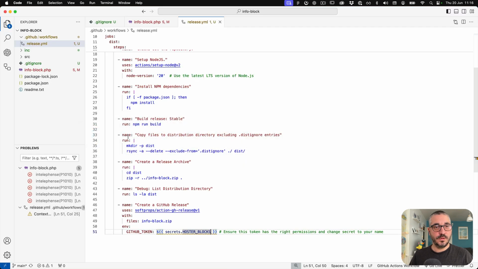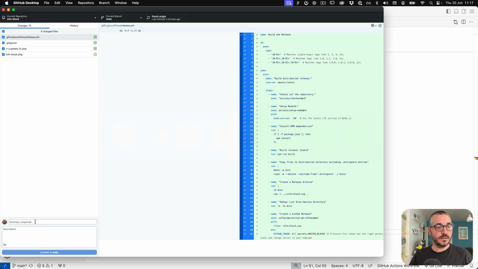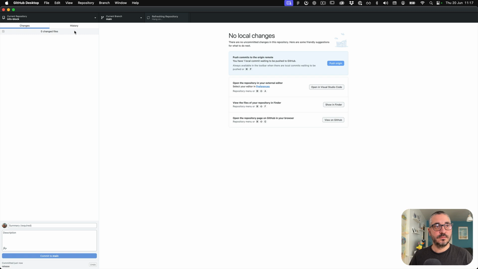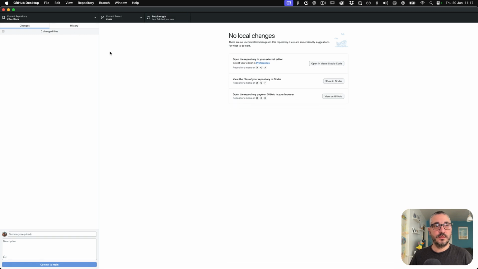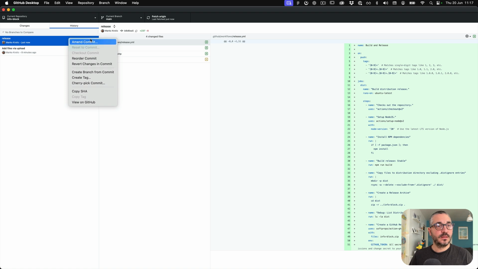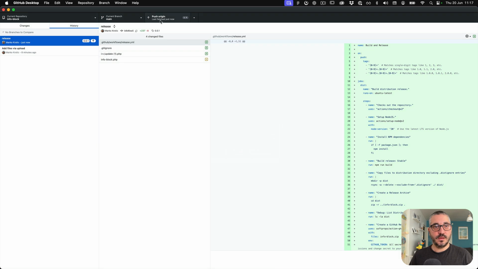And with this one, let's build our first block. So it's going to be release, push, and the release is going to be made with the tag. So let's create a tag 001, create a tag, push,